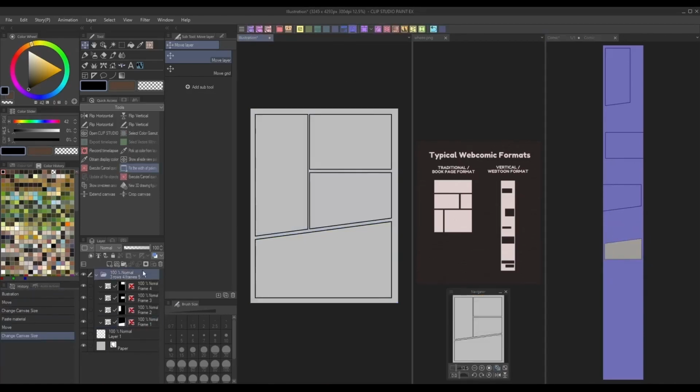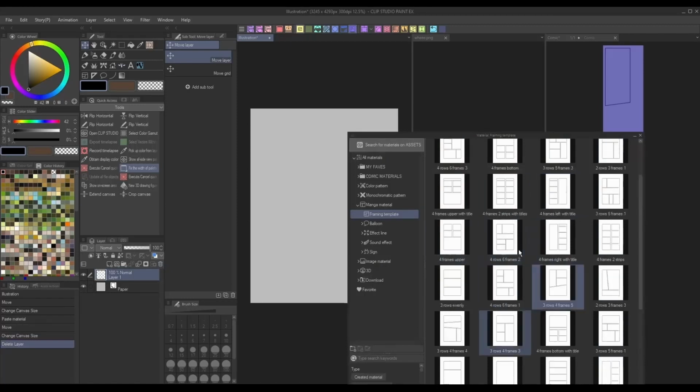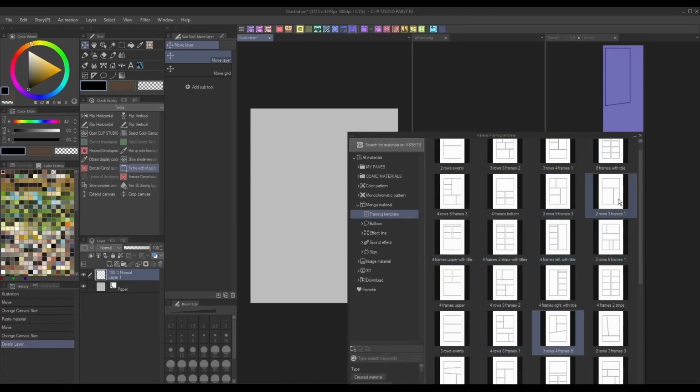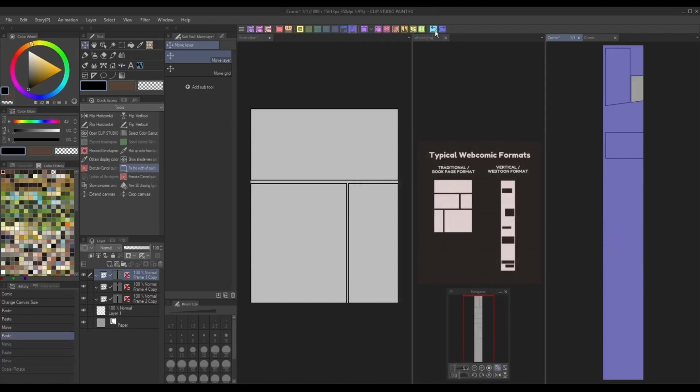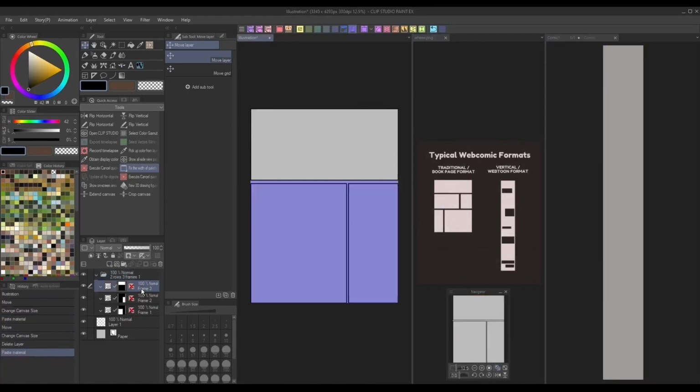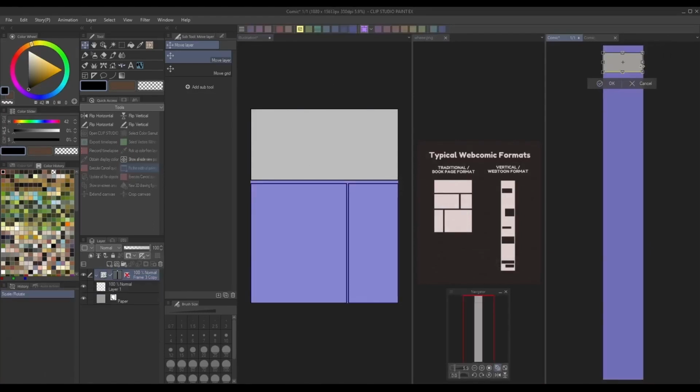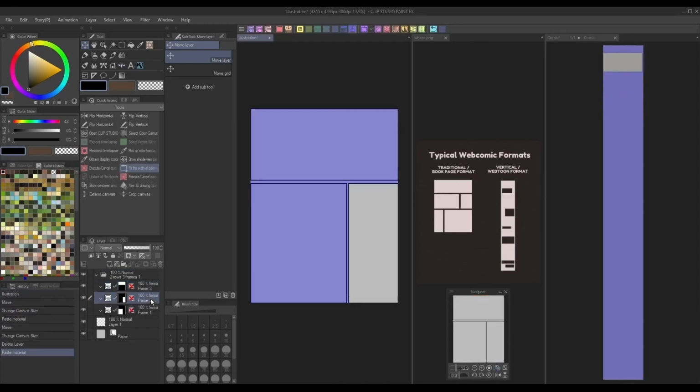In this series of videos, I'll be going over how you can use Clip Studio Paint to convert your traditional layout comic into a vertical comic, or to work in both formats simultaneously. For today, I'll show some of the tools you can use in Clip Studio Paint to edit and design your